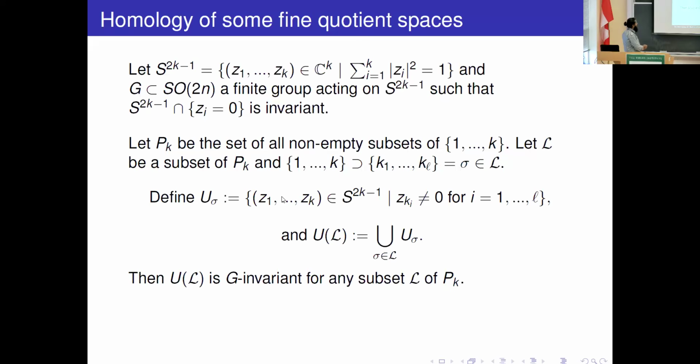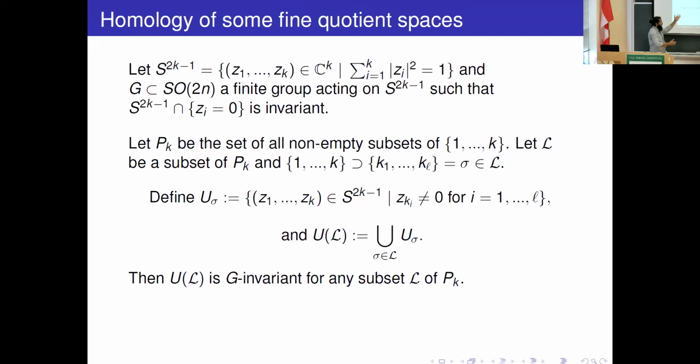So this contains the set of all (Z1, Z2, ..., Zk) such that this relation happens. What I mean is, we take C^n, copies of C^1, and we take the unit vector and forget some of the points where the coordinates are zero. So that can be like a sphere. If we take one coordinate to be 0, we get a codimension 2 sphere. So we take a union of some of these spheres, not one sphere, but several spheres.